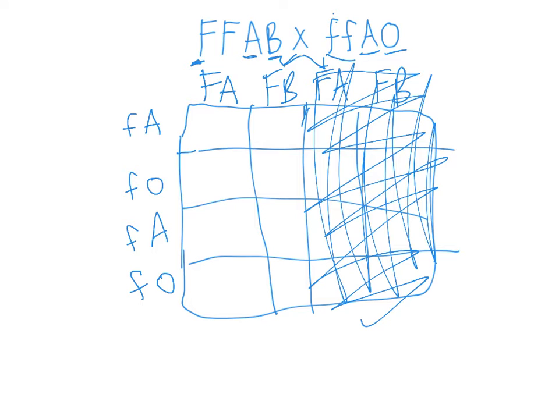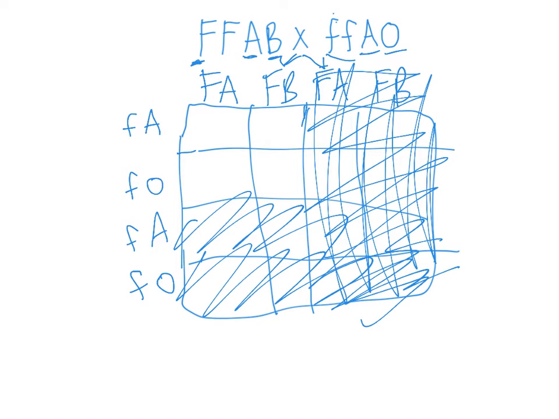And so same thing with this, since it's duplicated, I don't need these 2 columns either. So just because of what these genotypes were, the fact that they were homozygous for these traits, I actually can do this with a much smaller square. Again, if that confuses you, just do the whole square. But when I fill it out,